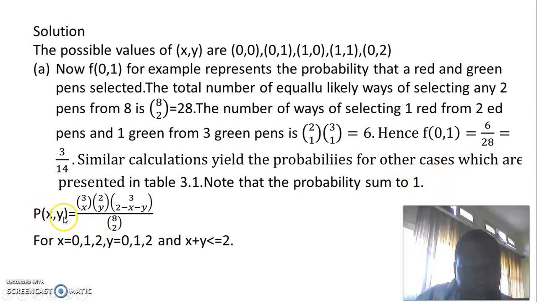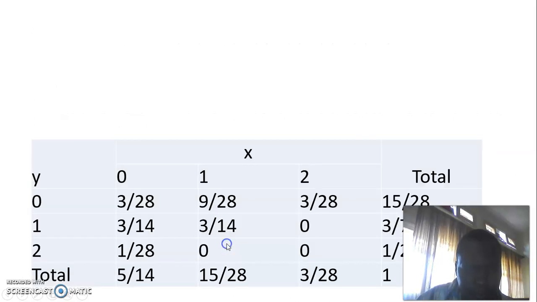Hence, our probability distribution function is going to be equal to (3 choose x)(2 choose y)(3 choose 2 minus x minus y) divided by (8 choose 2), where x is going to be 0, 1, or 2, and y is going to be 0, 1, or 2, and the sum of x plus y should not be more than 2. So this is the probability